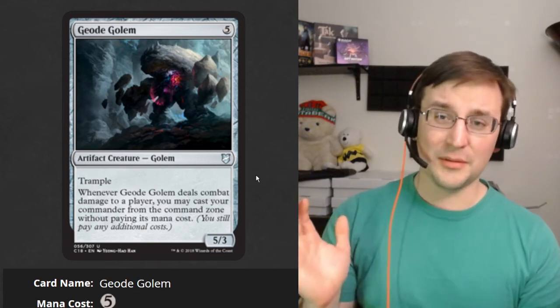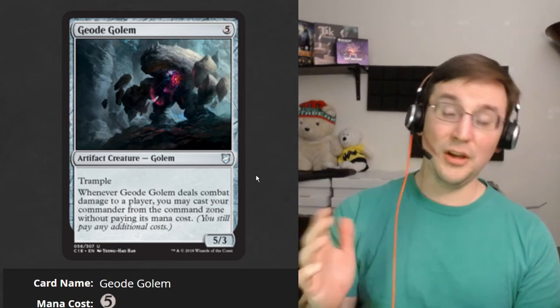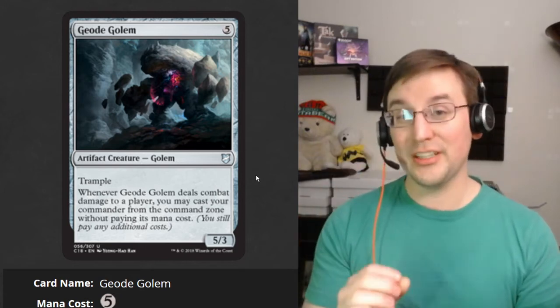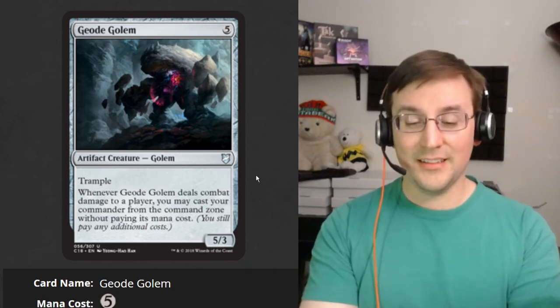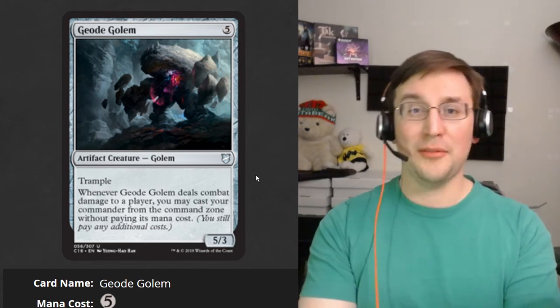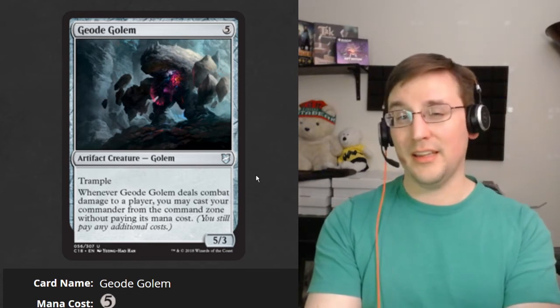Geode Golem may die in the process just because of its relatively low toughness. That's okay. No, and the deck that I specifically want this in is I am currently building out a decklist for Marchesa, the Black Rose. It is a Grixis commander, which is black, red,